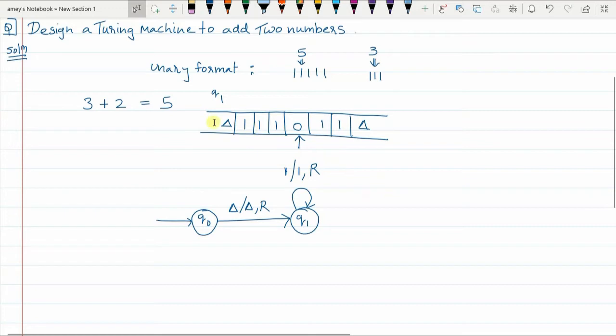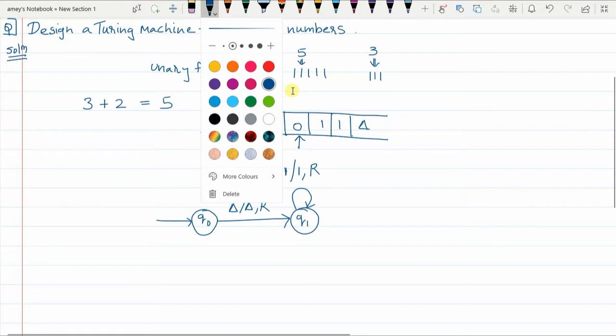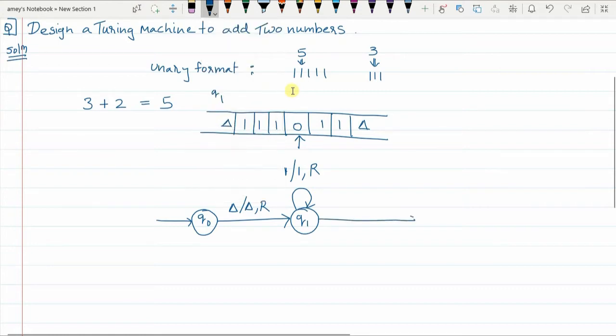Okay, now when you are in Q1 and 0 is encountered, what do you do? You replace that 0 with 1 and go to Q2 state. I will first write it. So in Q1 state, when the first 0 is encountered, which is a separator, you replace that 0 with 1 and the pointer moves to the right, and you go to Q2 state. 0 is replaced with 1 and the pointer moves one place to the right.